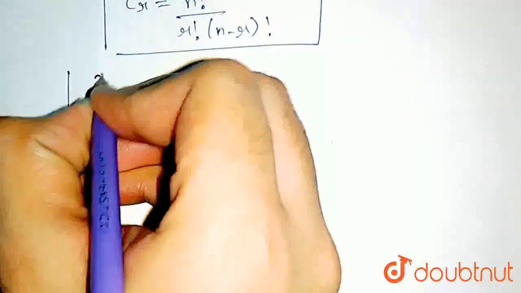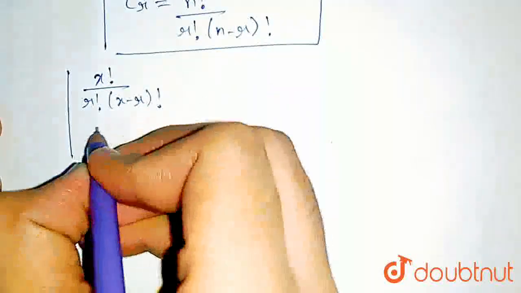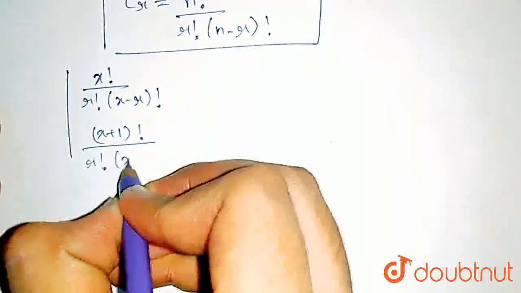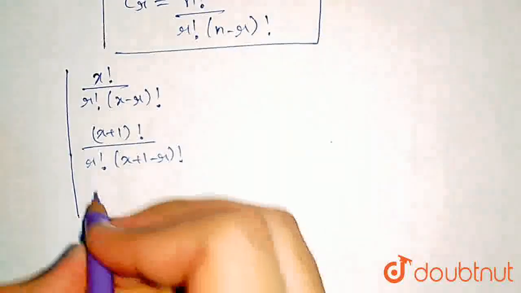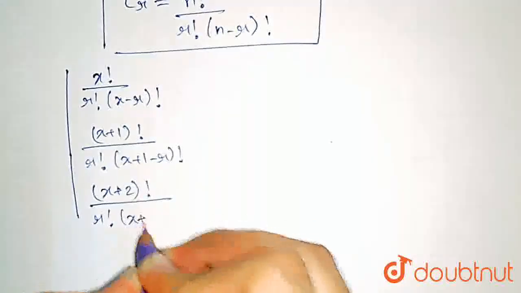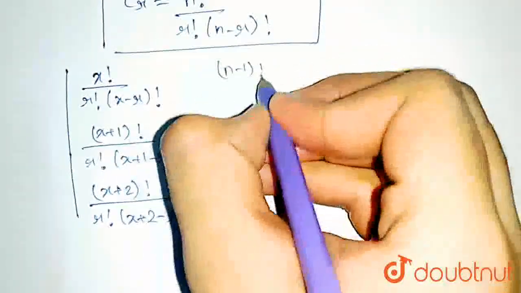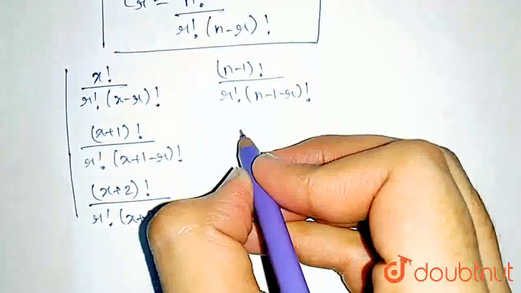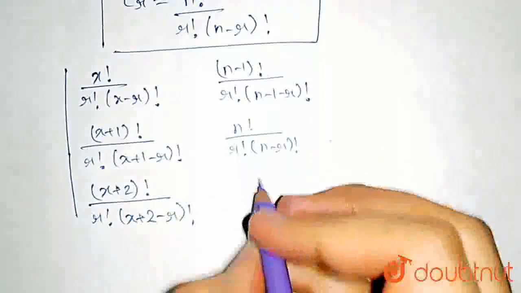the determinant equal to x factorial upon r factorial into x minus r factorial. The second element would be x plus 1 factorial upon r factorial into x plus 1 minus r factorial. The third element would be x plus 2 Cr, which is x plus 2 factorial divided by r factorial into x plus 2 minus r factorial. Now here n minus 1 Cr would be n minus 1 factorial divided by r factorial into n minus 1 minus r factorial. Similarly here n factorial divided by r factorial into n minus r factorial, and here it would be